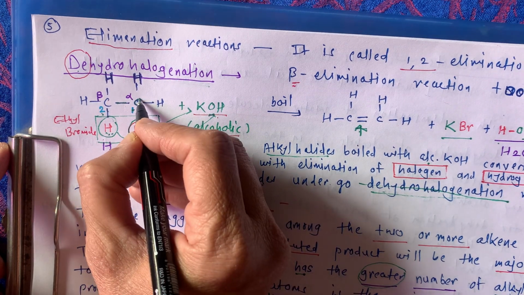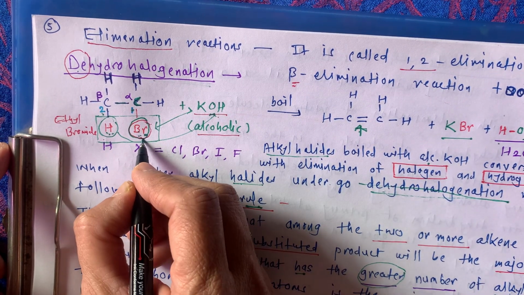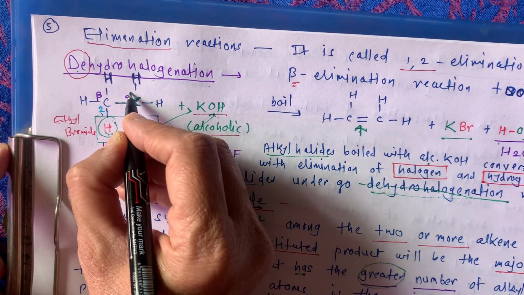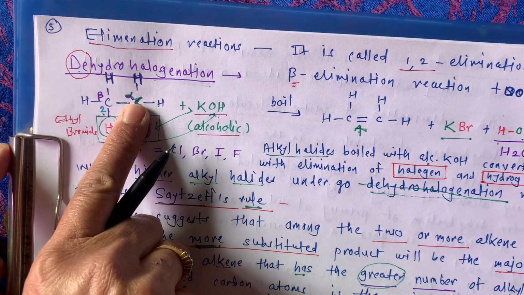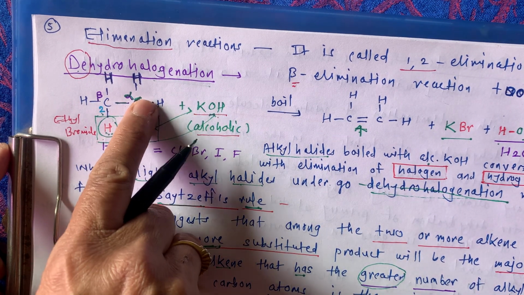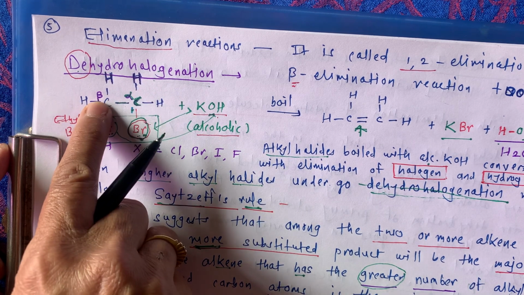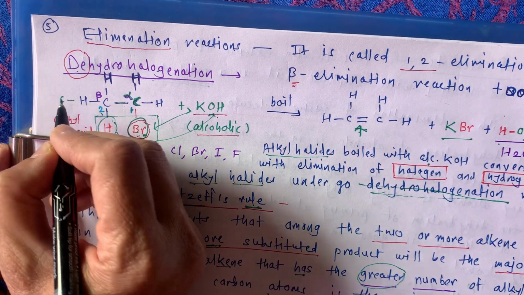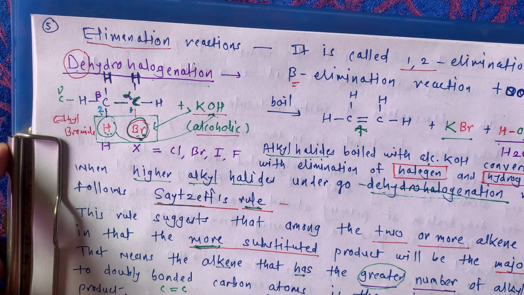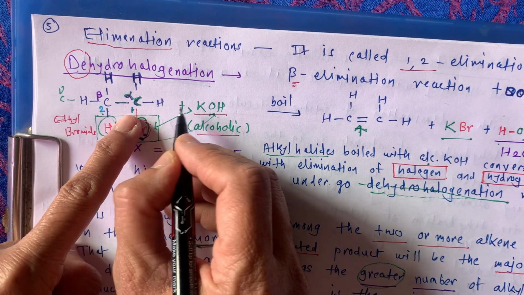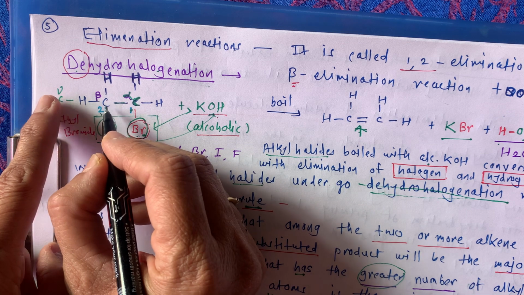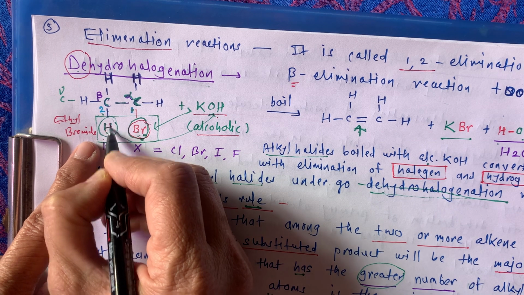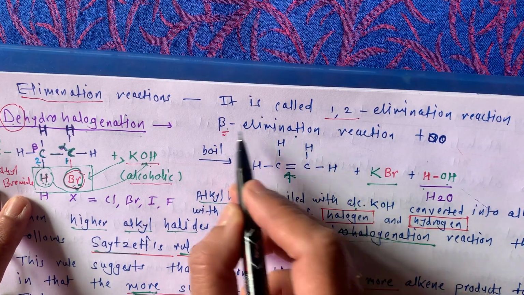And again, when a functional group is attached to this carbon, now here it is bromine, meaning halogen, then this carbon is mentioned as the alpha carbon. Next to this alpha carbon, on this side, the next carbon is known as the beta carbon. If there is one more carbon, that will be the gamma carbon, like this. Now on this side there is no other carbon, so only here is the beta carbon, and from this beta carbon H is going to be eliminated, so this is beta elimination.